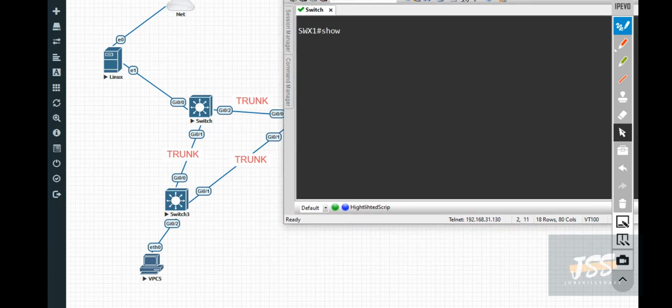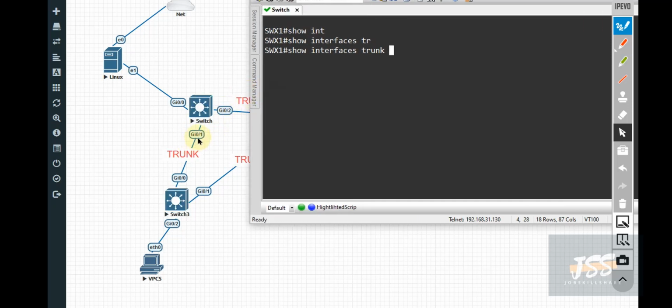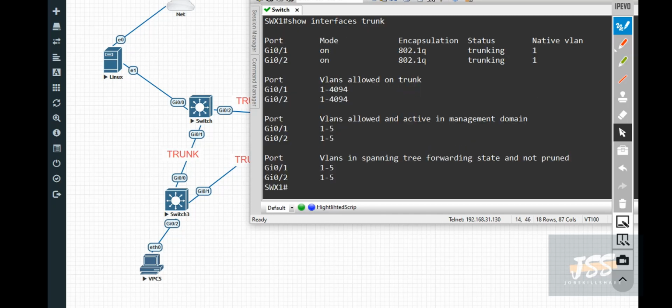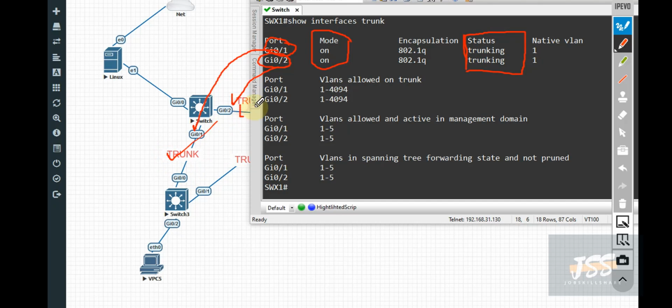If I do show interface trunk, this is a command to see which ports are currently in trunk mode. If you want to correlate gigabit 0/1 and gigabit 0/2, they are currently in mode on, and trunking is happening on them. So the trunk is enabled on these, but not on this one. So what is going on with gigabit ethernet 0/0? To verify that, the command is